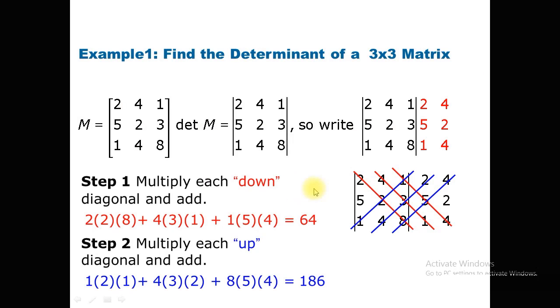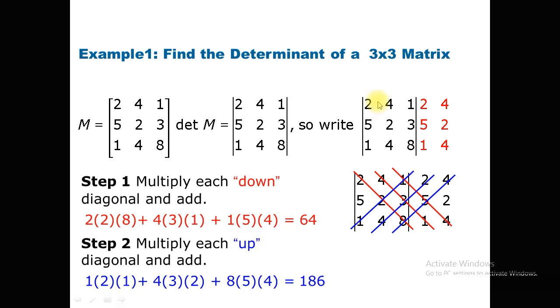For example, let's move on to an example. This is a 3 by 3 matrix. To find the determinant of this 3 by 3 matrix, first of all rewrite these two columns on the right side of the determinant. So 2 5 7 and 4 2 8, 2 5 7 4 2 8. Rewrite these two columns on the right side, outside of the determinant.